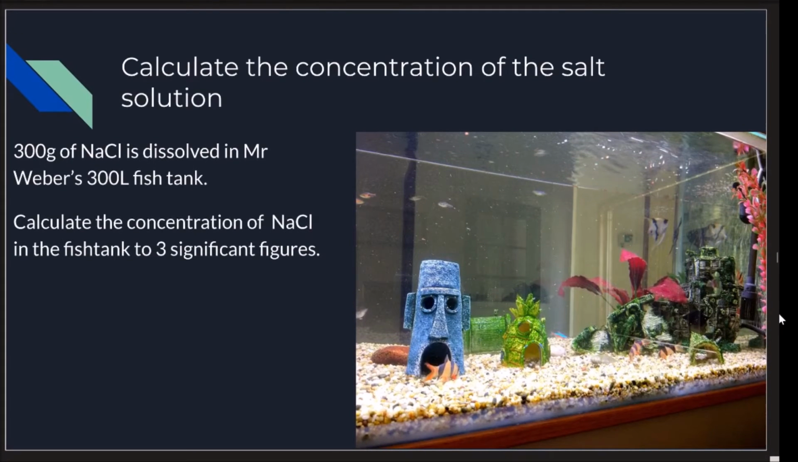So let's have a go at a practice question. That's my fish tank there from a couple of years ago. So 300 grams of sodium chloride is dissolved in Mr. Weber's 300 litre fish tank. So calculate the concentration of NaCl in the fish tank to 3 significant figures. Alright, so the thing that we need to find is C. Okay, the other information we've been given is mass, which is 300 grams, and we've also got volume, which is